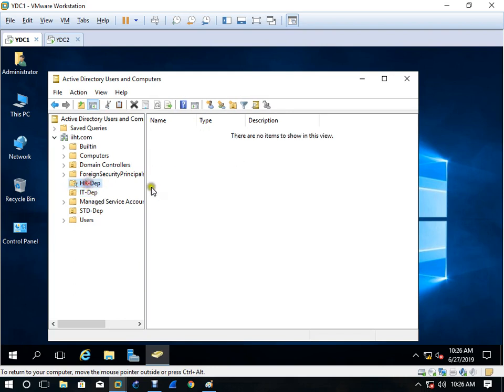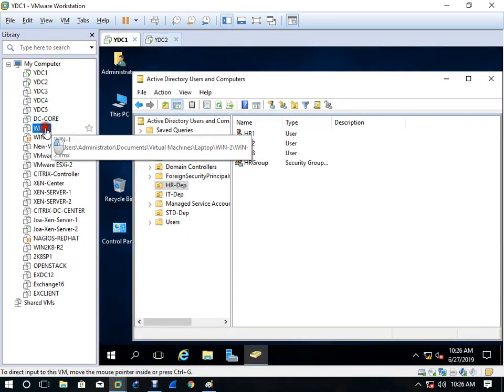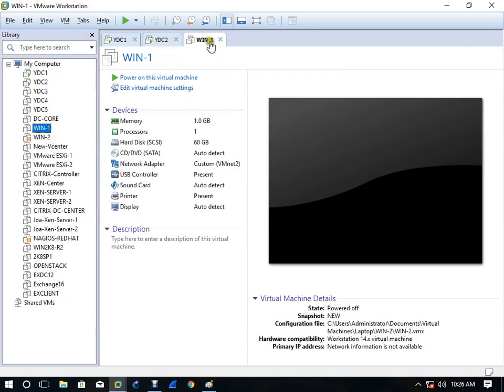So I have users and I have a server here. Now what I am going to do is add one client to the domain controller.